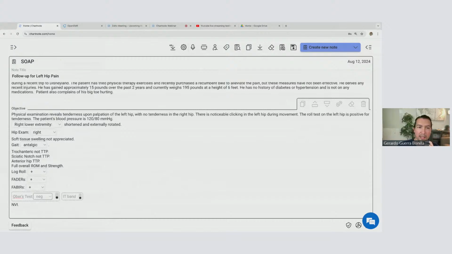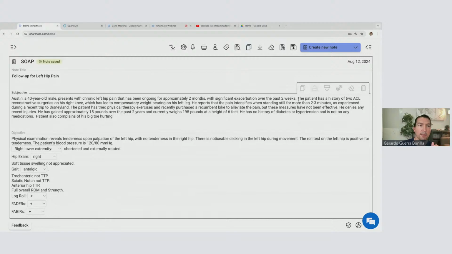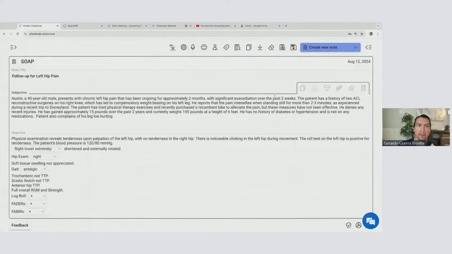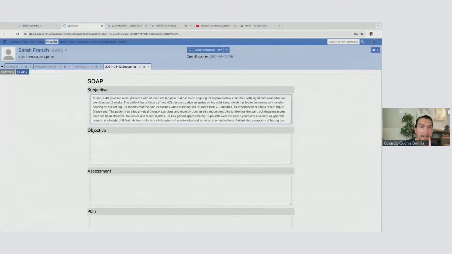So those are the templates and dot phrases. We call them snippets. Once you have the note, you want to copy. You can copy the whole note clicking this button. But if you want to copy section by section, depending on the EHR, for example, I have a demo EHR here. It has 4 sections, so you probably want to go one by one. Copy, paste, and